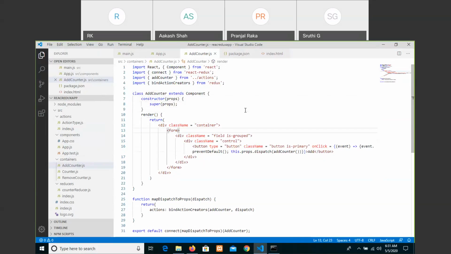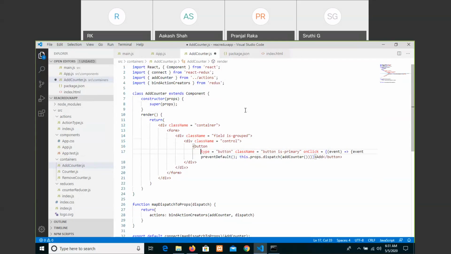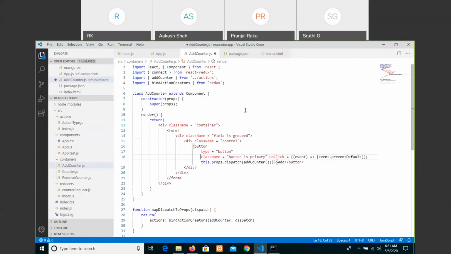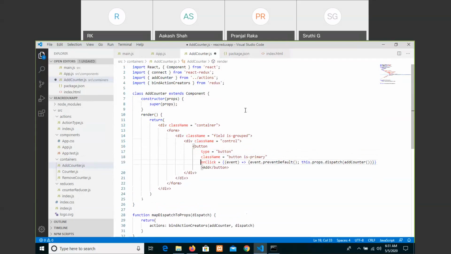Okay, we have created form group and control with a button, type, class name, on click. Here we have just check it out.